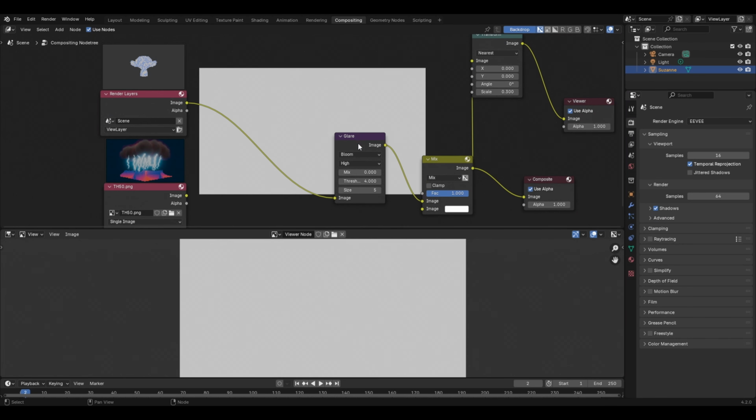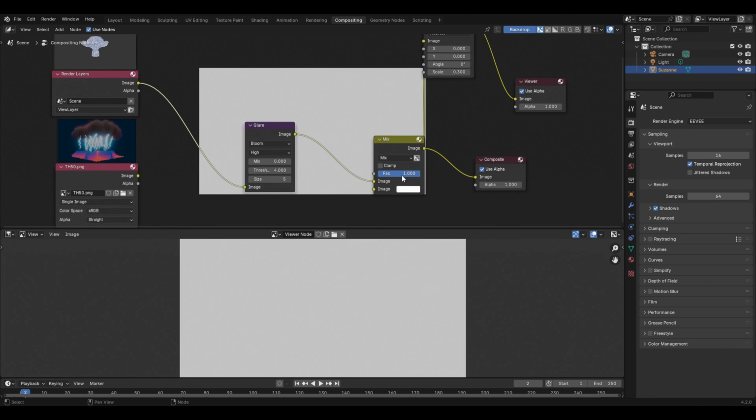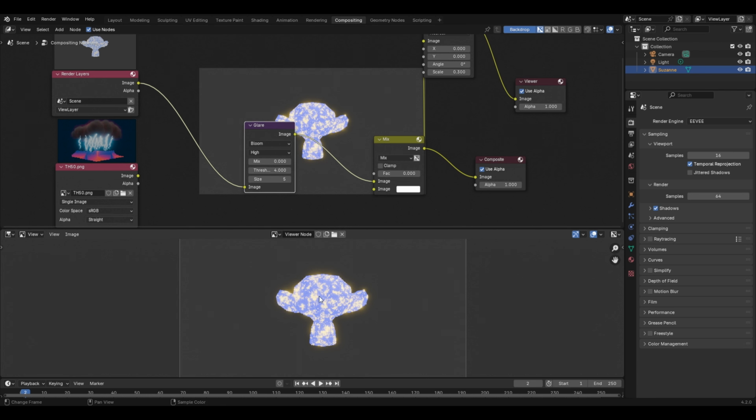The reason why you see a white image is that in the Mix node, we have three parameters. The first one is the factor and the other two are the images. In the first image, we use this rendered image of the monkey object. But since we have not connected anything to the second image, it gives us the option to select any particular color. Then by using the factor value, we can control the mixing of the two images. If I change the factor value to 0, then you will see only the original image, or in other words, only the first image will be visible.